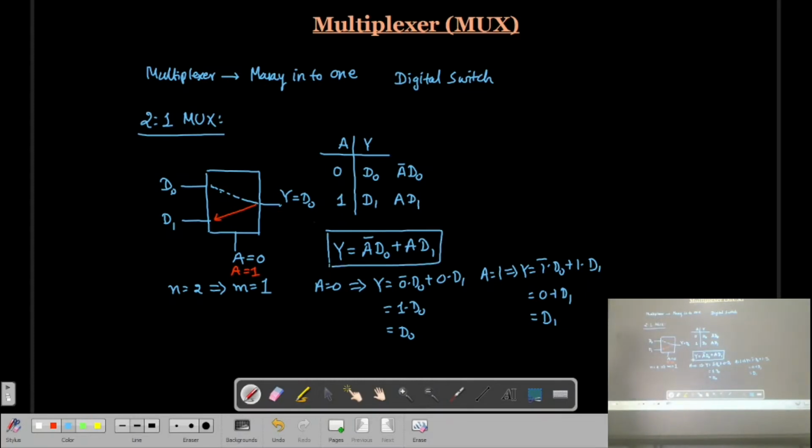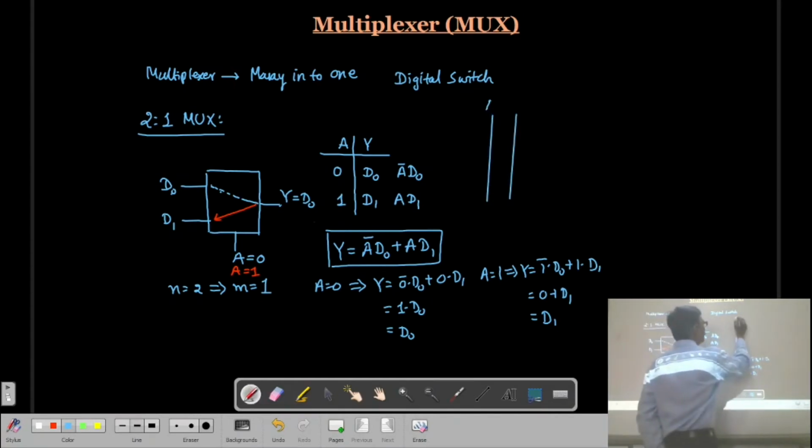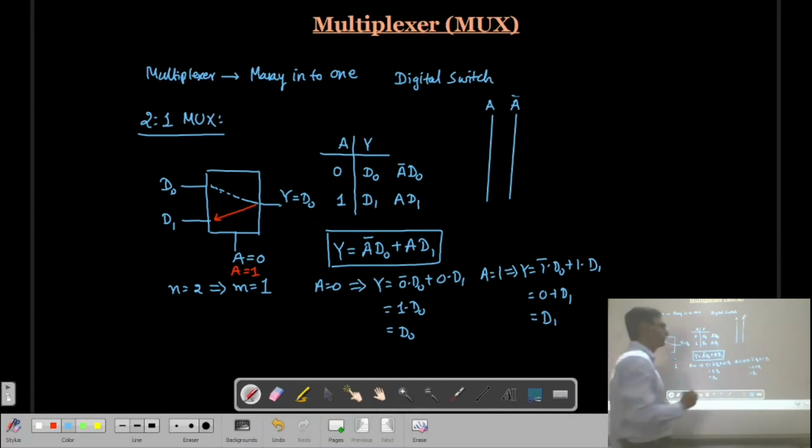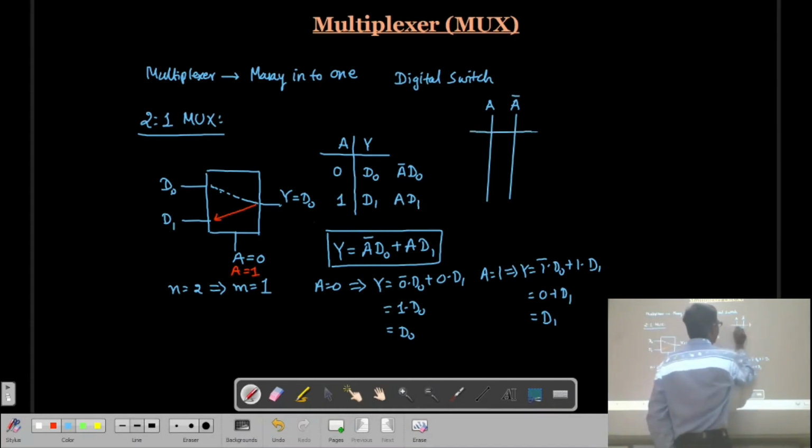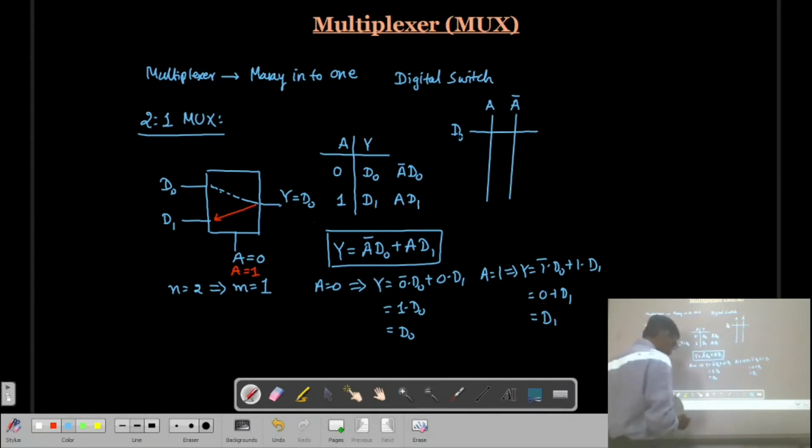Now you can see a simple circuit will be there. It has two inputs, D0 and D1. So what will be the logic diagram? Here A bar D0 is there and A D1 is there. So this is my A bar, and we have two inputs, D0 and D1.